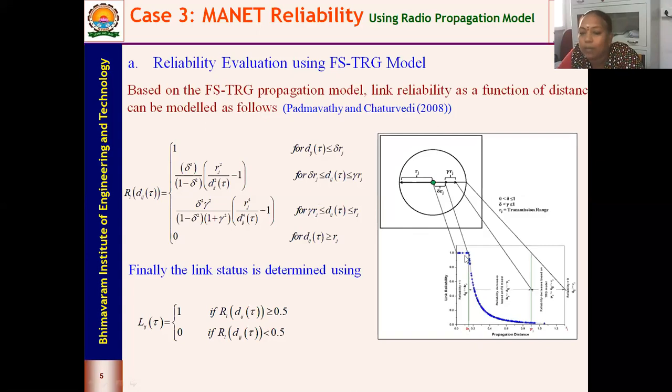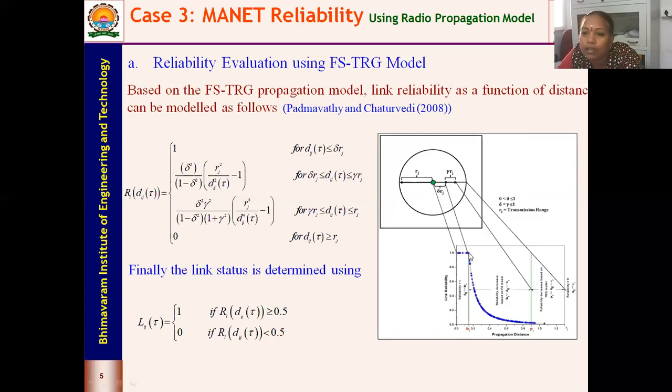It is maximum. It will not exceed 1. Why? Because we are taking it as probability of existence. Since I take it as probability of existence, my link reliability is equal to 1 when the distance between the transmitter and the receiver is such that I have a receiver at delta Rj. So when I calculate the distance from 0 to delta Rj, when Dij is less than or equal to delta Rj, the reliability is equal to 1. Now if my node is located at gamma Rj, again I take the distance from 0 to gamma Rj and compare it.